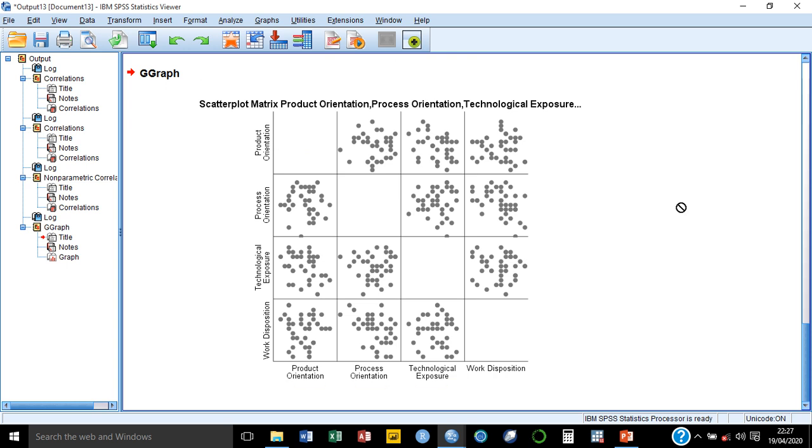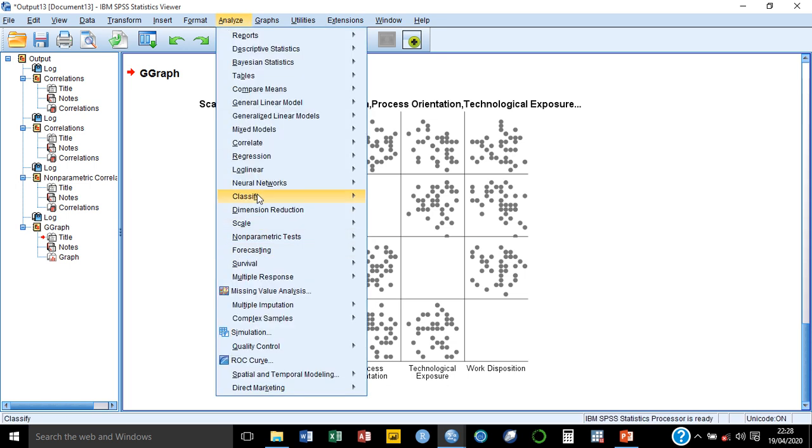Like I said, correlation is not a test of impact. You don't have to interpret it that way. That there's a relationship between process orientation and work disposition does not mean process orientation has an impact. Alright, so to check for impact, we do our regression analysis,